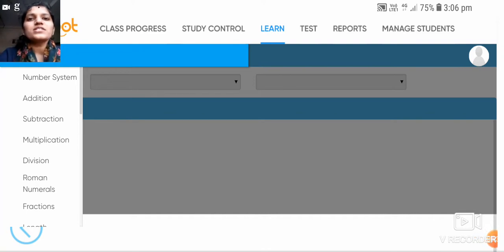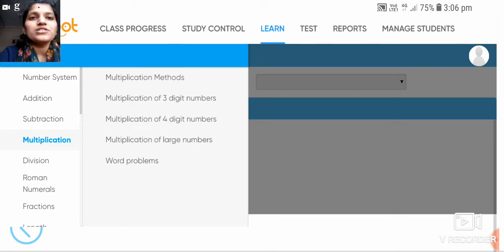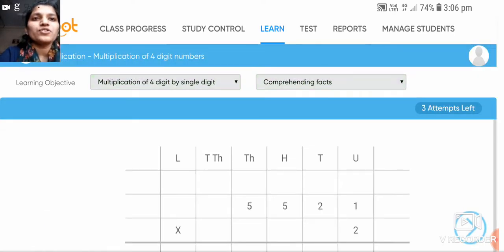But before that, students, we are going to solve multiplication of 4-digit numbers using the Funtut app. Here you can see that I have logged into the Funtut app, and now we are going to select the name of the chapter from this list. We are going to click on multiplication. Multiplication of 3-digit numbers we have seen in the last session, right? So today we are going to solve some examples from multiplication of 4-digit numbers. So now I am going to click on multiplication of 4-digit number.